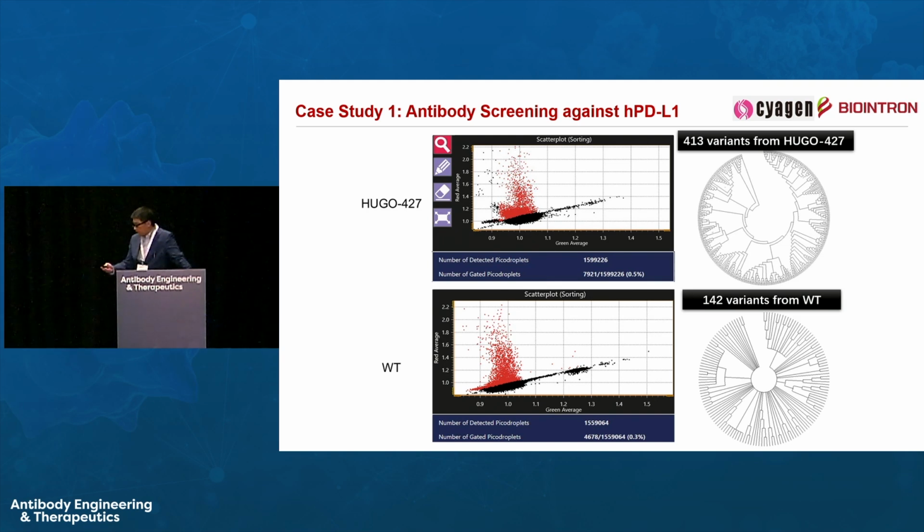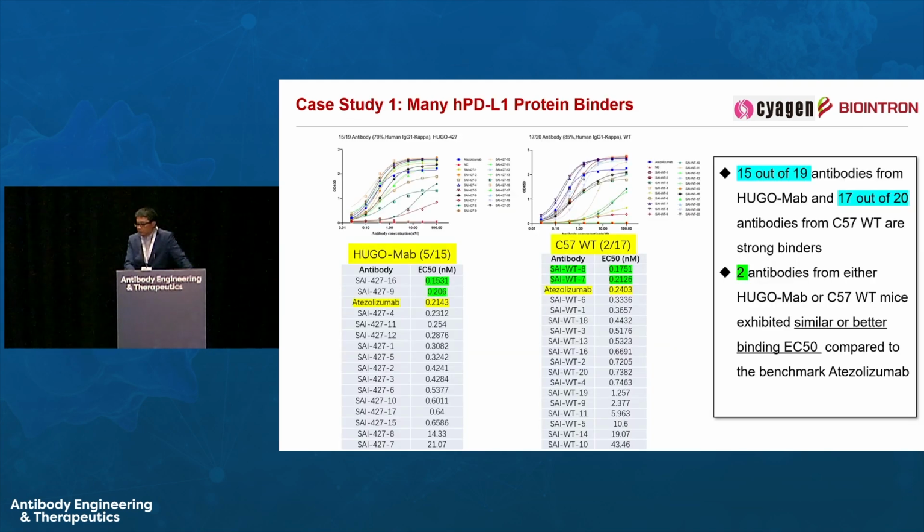I mean, there's a lot of variations there, but suffice to say that we could get a very good diversity from the Hugo mouse. Next, we also look at the binding characteristics of these sequences. So we picked 20 sequences from the sequences that we discovered, and look at the protein binding to PD-L1, and you can see that the